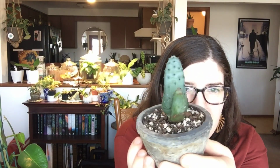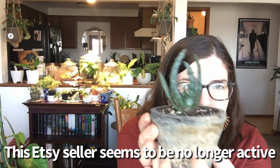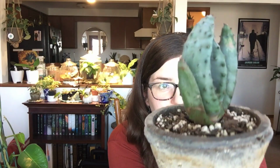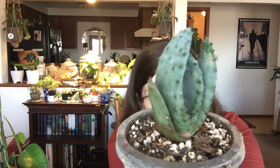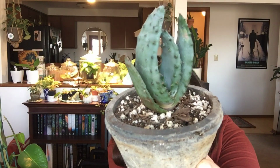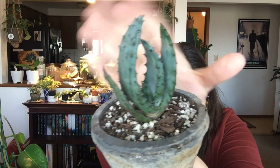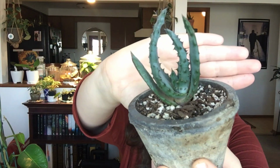I'm going to show you another Etsy purchase. This is a little mountain aloe marlothii that I picked up from an Etsy seller. It looks a little sad right now, kind of curled in on itself, because I think it is due for a watering. But this guy also arrived in really great condition. I love the blue it has going on. I'm trying to hide so it will focus on the plant. So yeah, this guy,